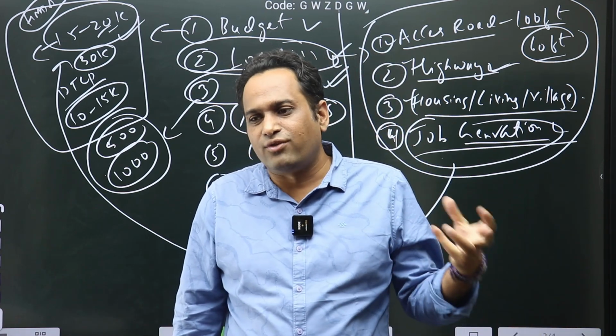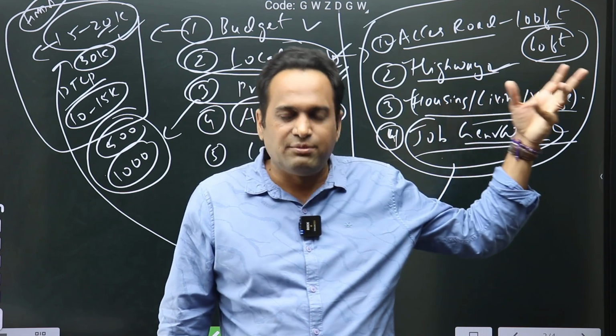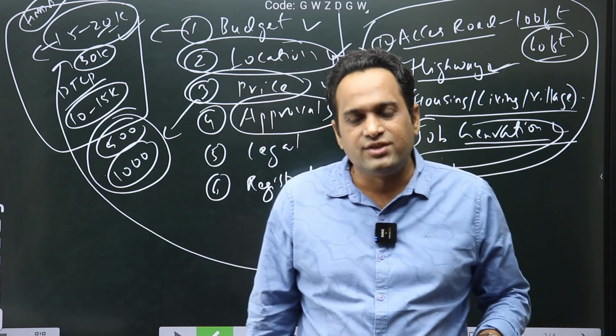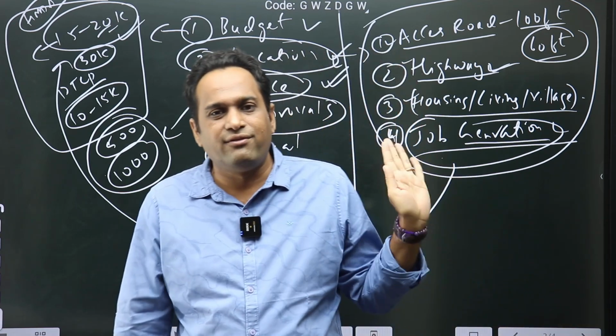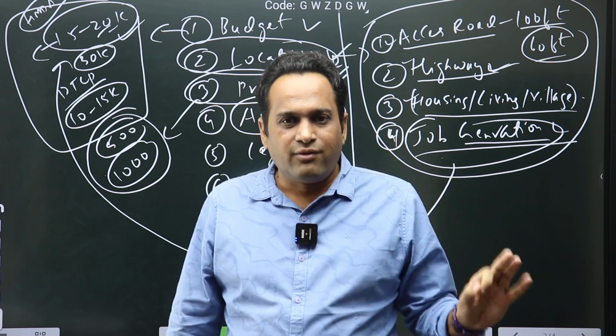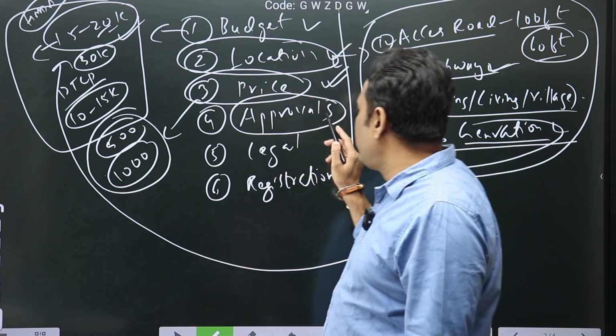The other option is for a DTCP permission, you have to go to a DTCP office only. You have to go there, spend some time, money, effort, energy, and then get to know, physically verify whether this layout is real or not. Okay. That is the other way of doing it. But yes, that layout approval permissions you have to check.